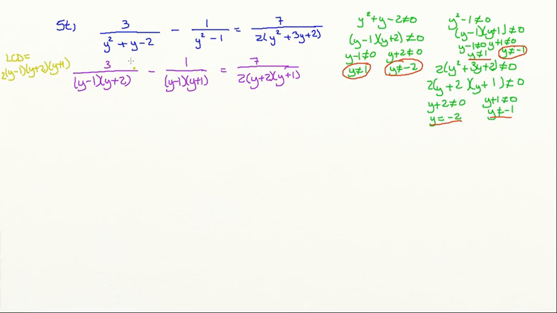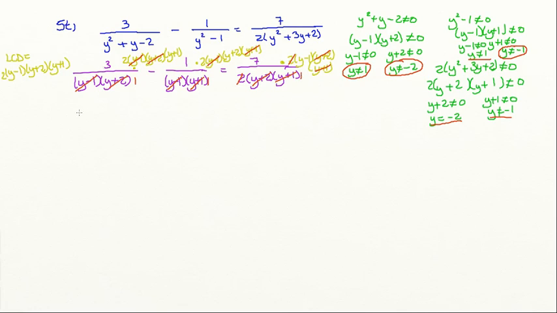There's an equal sign, so as long as we do the same thing to both sides. Now I'm going to reduce. Y minus 1 divided by y minus 1 is 1. Y plus 2 divided by y plus 2 is 1. Y minus 1 divided by y minus 1 is 1. Y plus 1 divided by y plus 1 is 1. 2 divided by 2 is 1. Y plus 2 divided by y plus 2 is 1. Y plus 1 divided by y plus 1 is 1. So I have